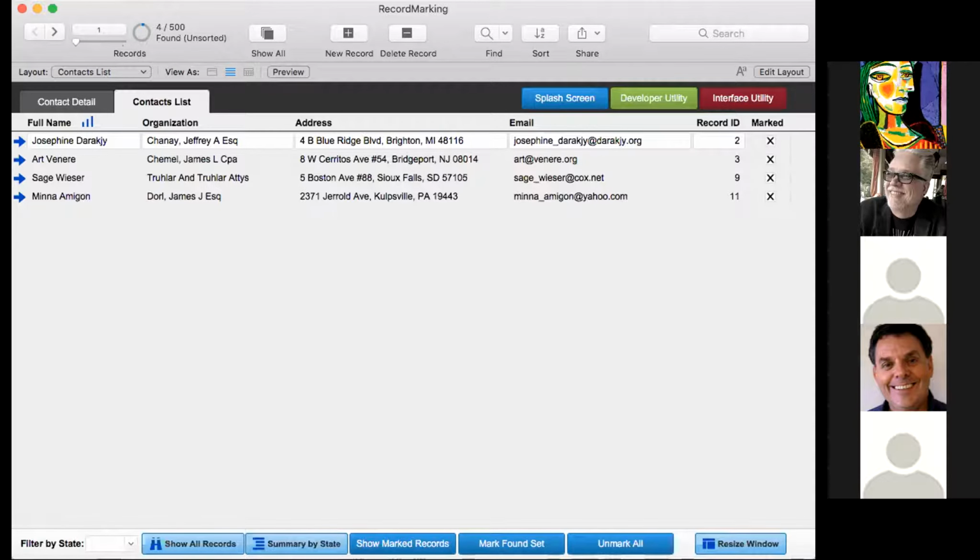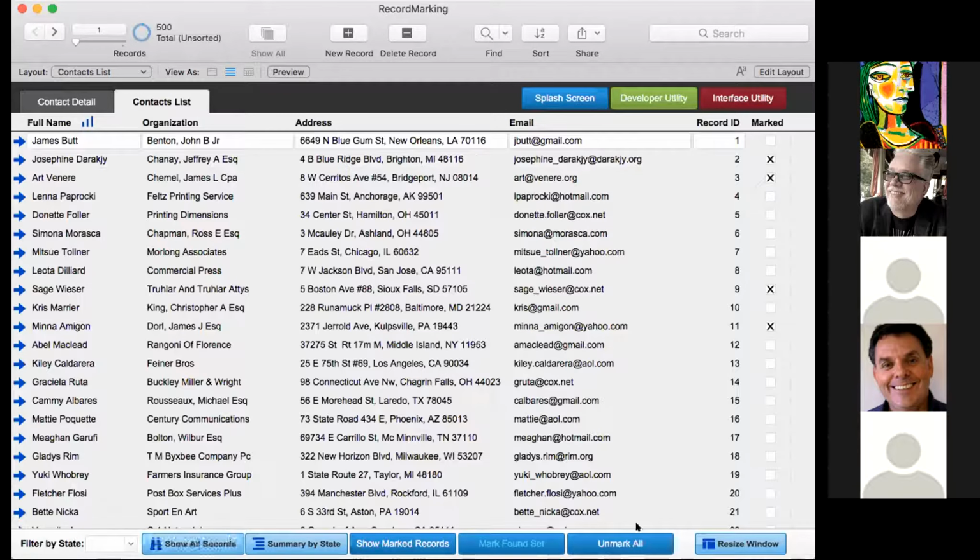So I'm going to show all records. I'm going to unmark them all by clicking on this button. And then for the purpose of the demo, I've created a scripted shortcut to create a set of marked records, and I'm going to use this same set at various times during the demo. So there it is, that we've got 5 marked records, and we're in our whole record set of 500 sample